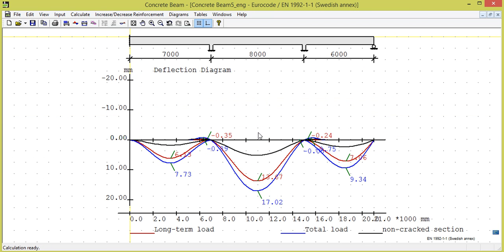When the calculation, which now is made iteratively with regard to how the beam cracks, is completed, deflection curves are shown graphically. The red curve is then deflection for long-time load and the blue for total load. As comparison, also a black curve is displayed, representing the elastic deflection of the total load, thus without regard to cracking. We see that span 2 gets the maximum deflections and is 13.67 mm for long time and 17.02 mm